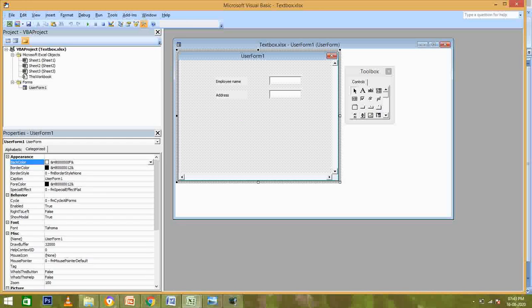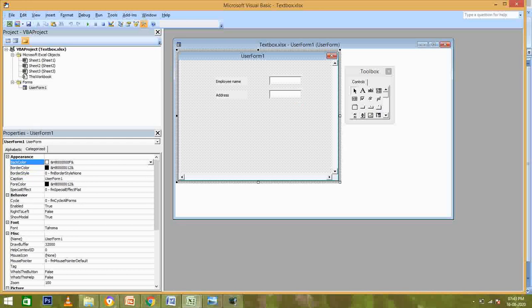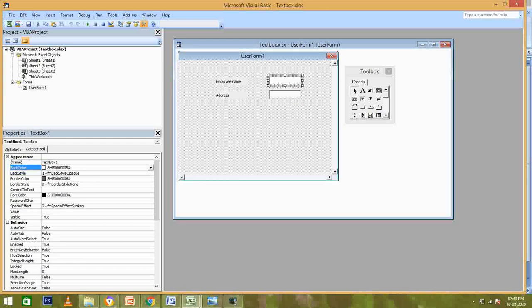Suppose while the user is entering the data, you don't want to see what he is writing. You want to show an asterisk sign for whatever he is writing, so that no one who is in front of them, or maybe watching the monitor, can see it. So for that, you just have to select the text box and go to the password char property of the text box. You can see over here password char. So just give the character that you want to show. Like I have given asterisk, you can give percent, dollar, anything you want.